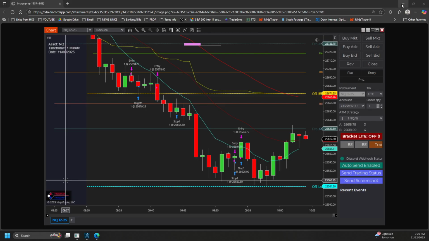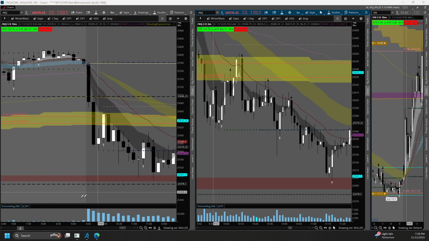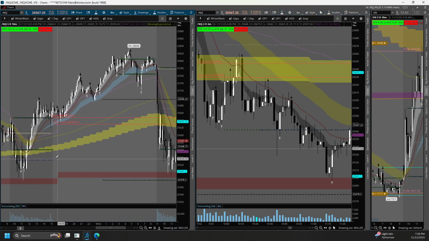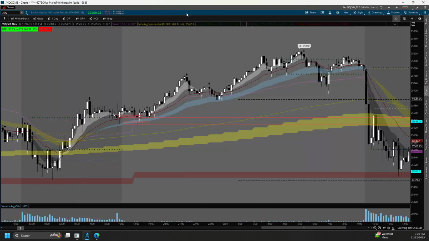And I think we were bouncing around yesterday's ORB at that level too. I'm going to go back to the main chart. Yep, that is pretty much yesterday's ORB low as well. So back-to-back days there trading the 30-minute ORB low is almost the same exact level. Let me just maximize the screen.